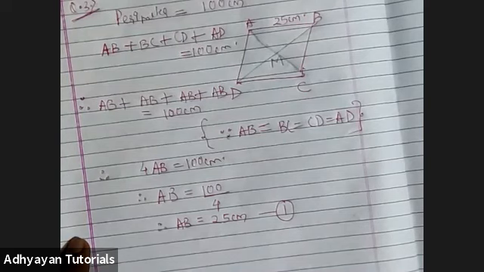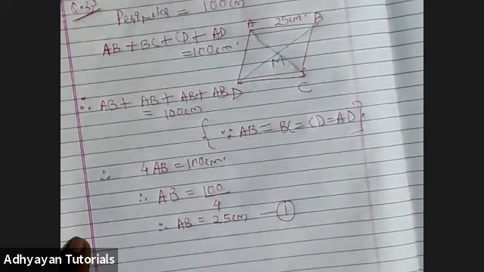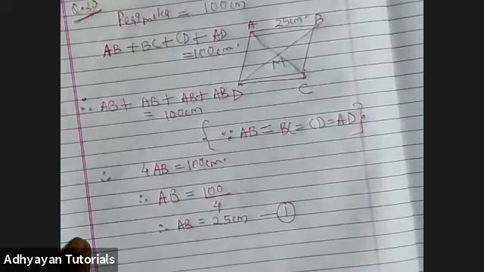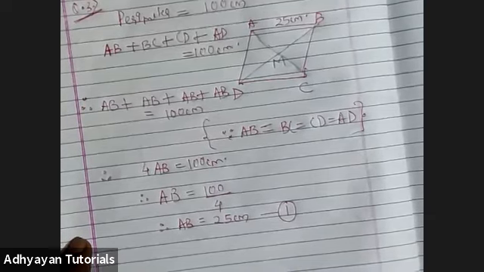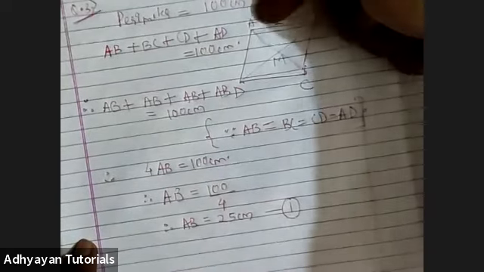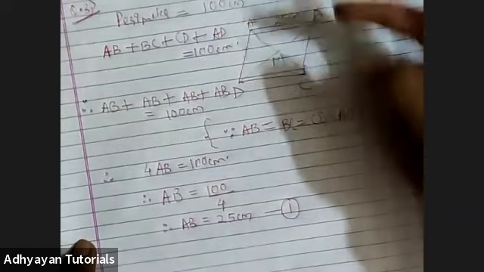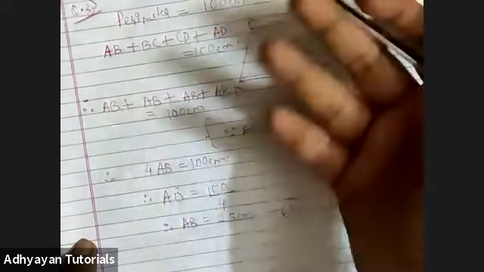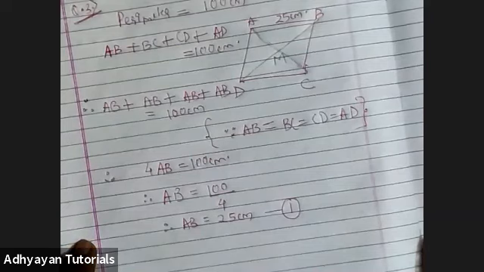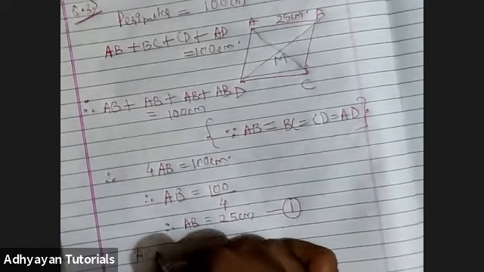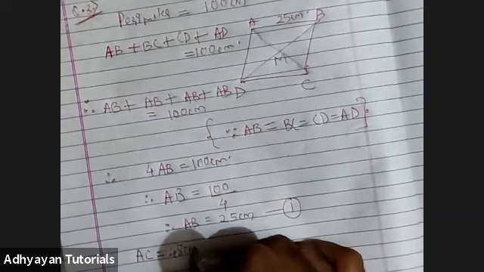Now, if you have read the question very carefully, children, it says the perimeter of the rhombus is 100, which we have utilized, right? The next information we haven't yet utilized is that the length of one of the diagonals is 48 centimeter. So it is up to us whether to take AC as the diagonal whose length is 48, or BD as the diagonal whose length is 48. You can select any one diagonal's value as 48, right? I randomly choose AC. So AC is given to us as 48 centimeter.